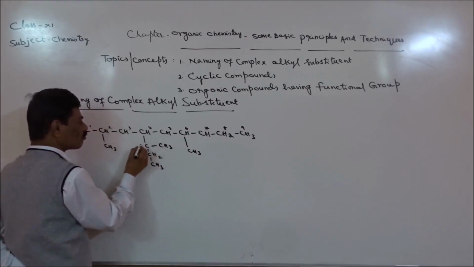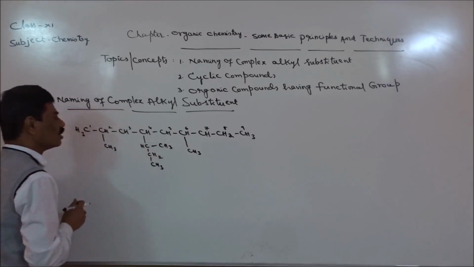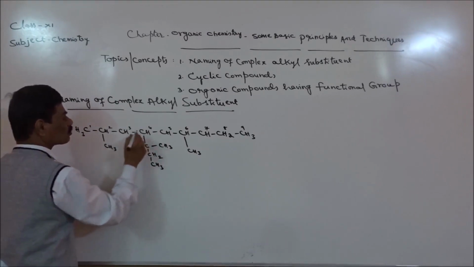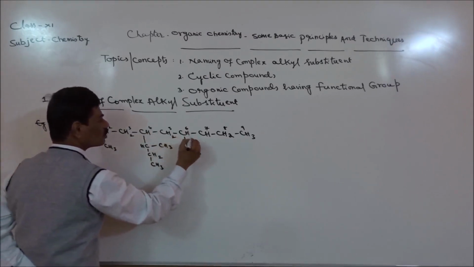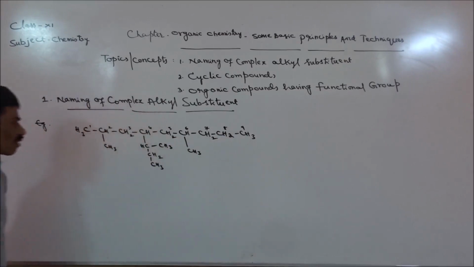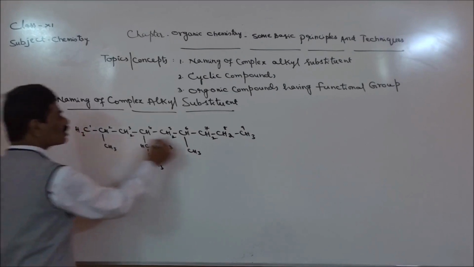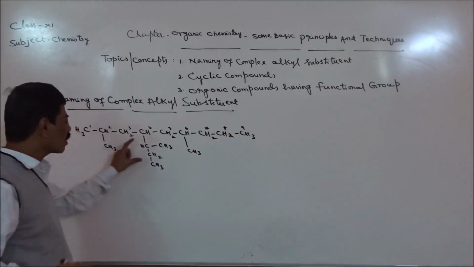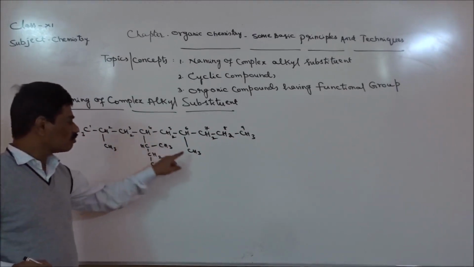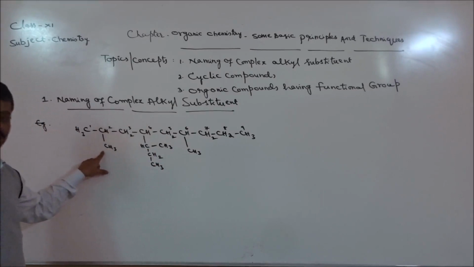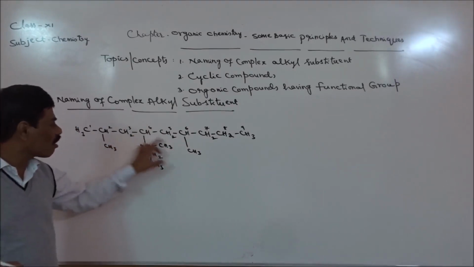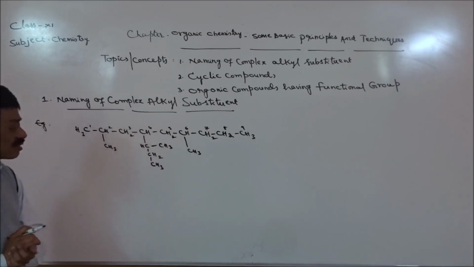1, 2, 3, 4. Here 2, 1, 2, 3, 4 satisfy, here 2, and here 2. Now, the valency of each carbon atom is satisfied. This is the long chain, right? And these are substituents. This is an alkyl group. Methyl is an alkyl group, another methyl is also an alkyl group, and this is also an alkyl group, but this is said to be the complex alkyl group because this has